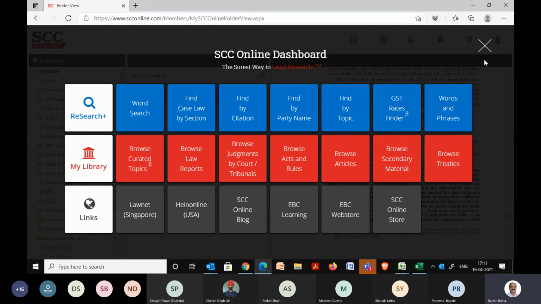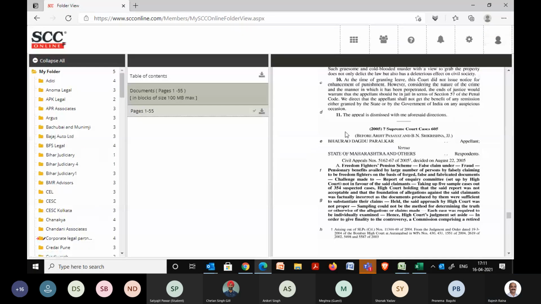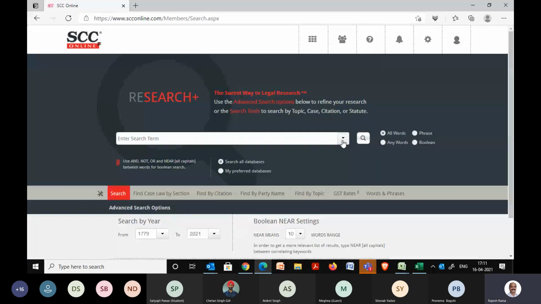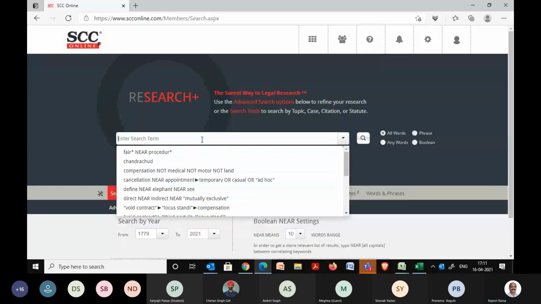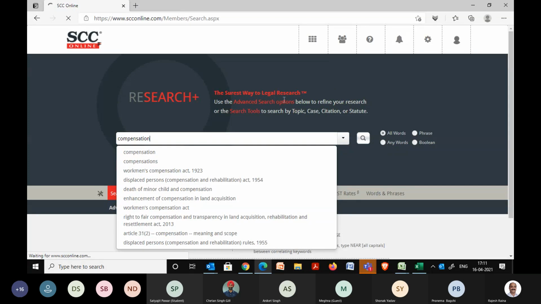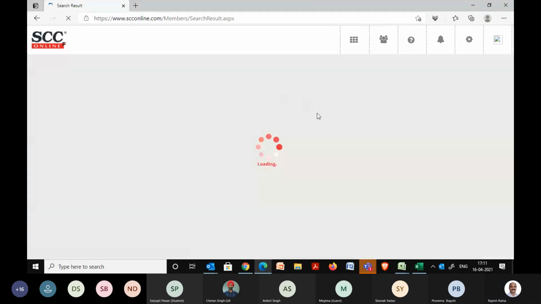There will be certain judgments which will not have this icon. In those scenarios, you can simply highlight, and Control-C, Control-V works, as you all know. So basically, wherever you have that clipboard icon, that's when you'll have to use smart copy. Otherwise, you'll use the normal highlight, Control-C, Control-V.